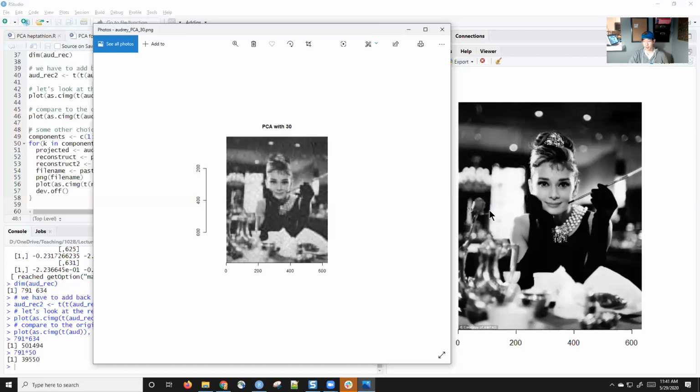And I'd say at 30 principal components, we're doing a fairly good job. And then here's 50 principal components, which I showed you earlier as our first example. And as I go up and add more and more principal components, the image just becomes more and more well-defined, with better clarity,